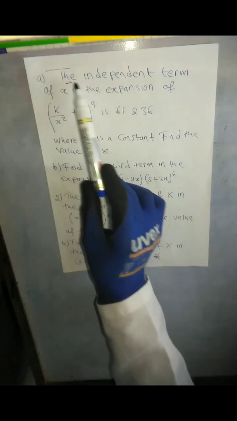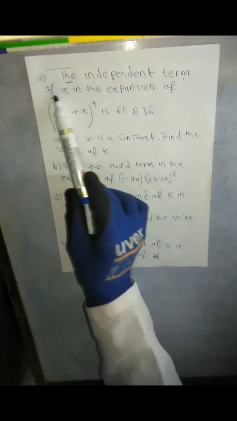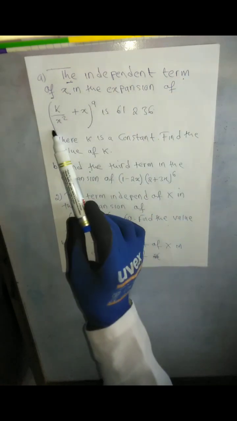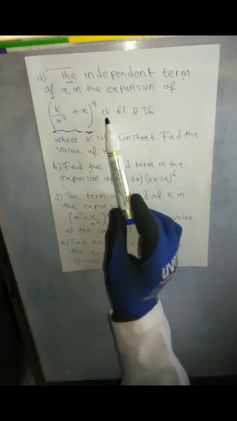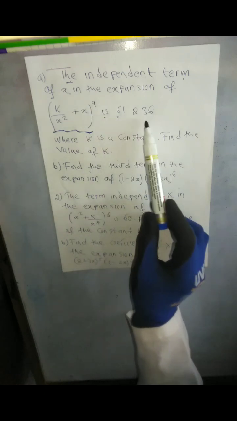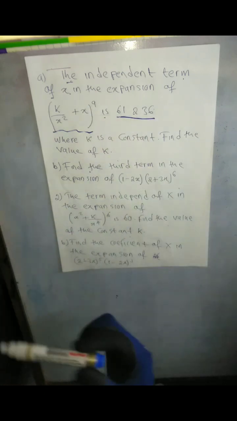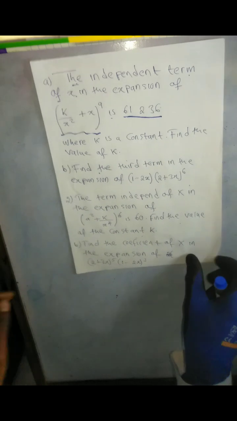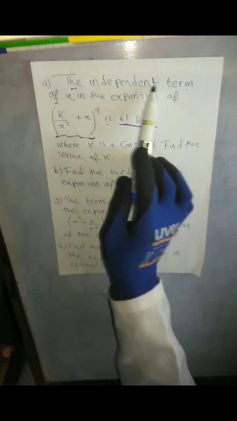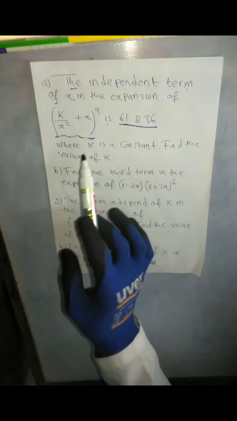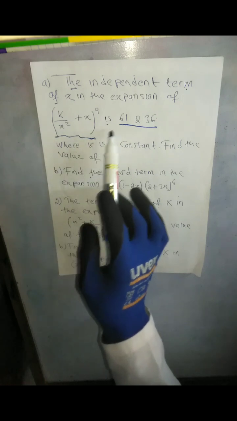Here are some of the questions that we can solve under binomial. So the first question reads, the independent term of x in the expansion of this binomial, to the power 9, is the number that we have there. So they're saying the independent term, meaning the term without x, when we expand this binomial, is